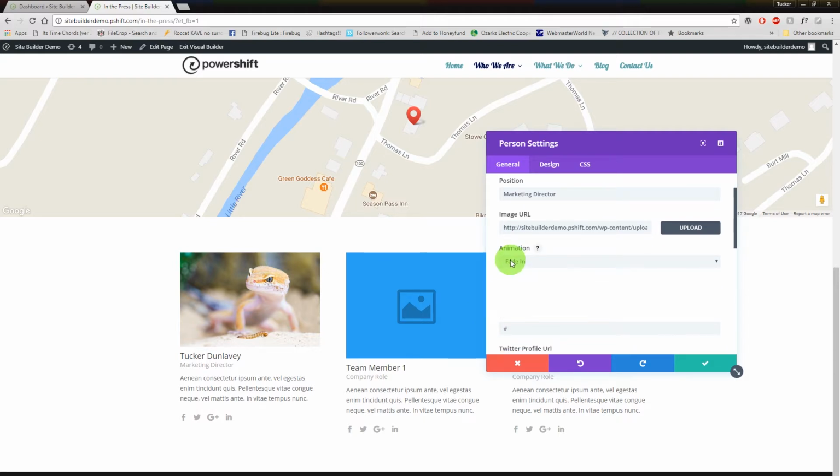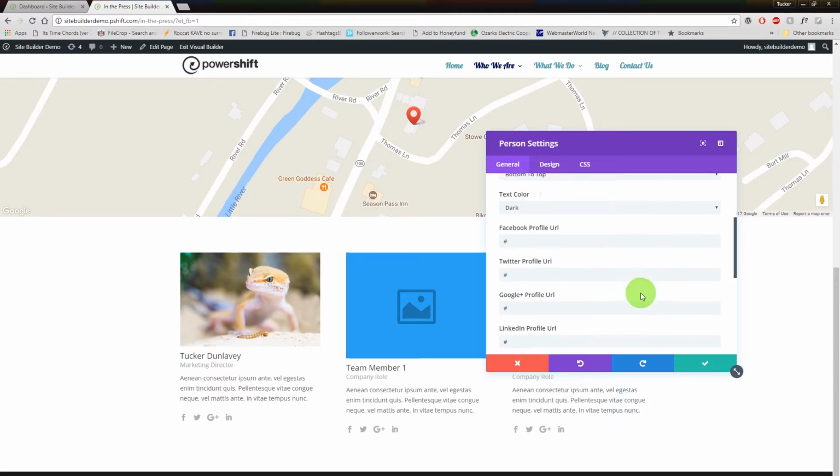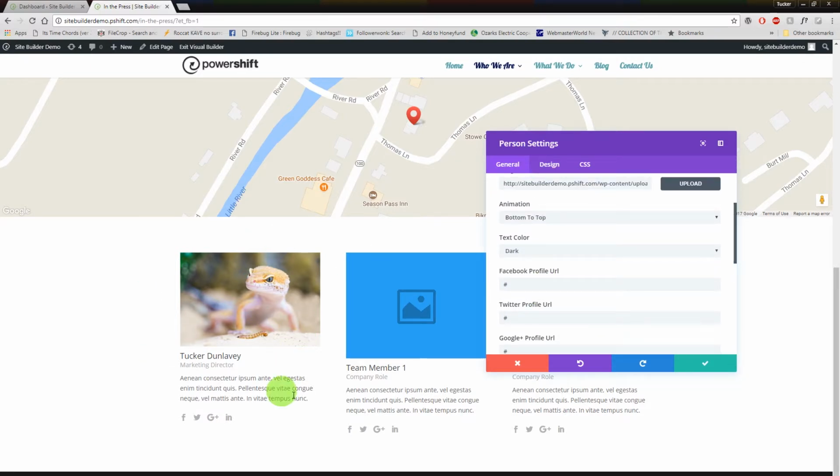Of course, we have other options, the fade in. Again, we went over these in the blurb, the first blurb we were editing, top to bottom. I think I chose bottom to top, which I'll keep them all consistent. For this specific blurb, or this specific module,